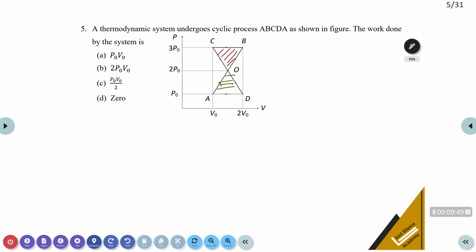Since the area of this and the area of this are both equal,